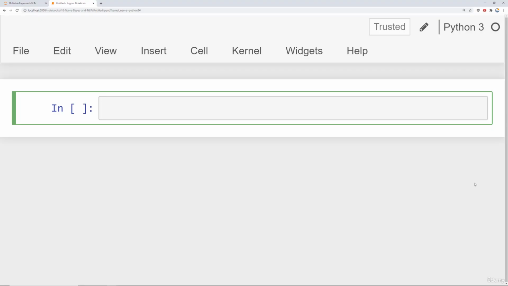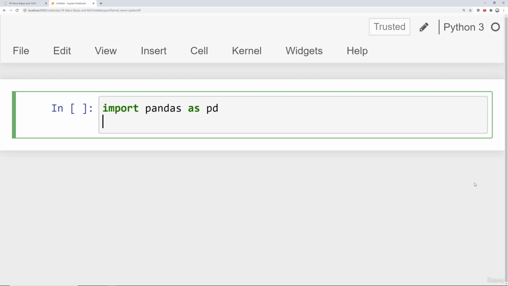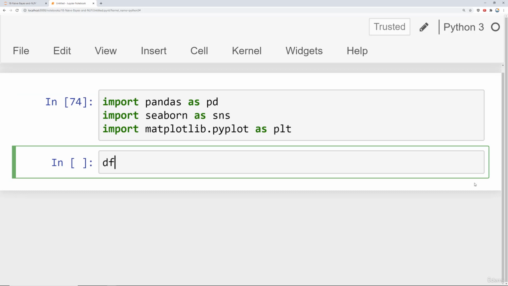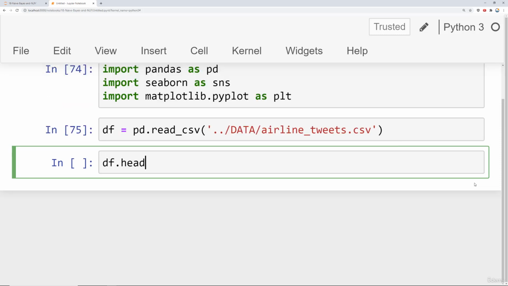Okay, here I am in the notebook. I'm going to import pandas as pd, and I will also import seaborn as sns and import matplotlib.pyplot as plt. So the data file we're going to be working with is called airlinetweets.csv. Underneath the data folder, there's a file called airlinetweets.csv, and if we take a look at it, you